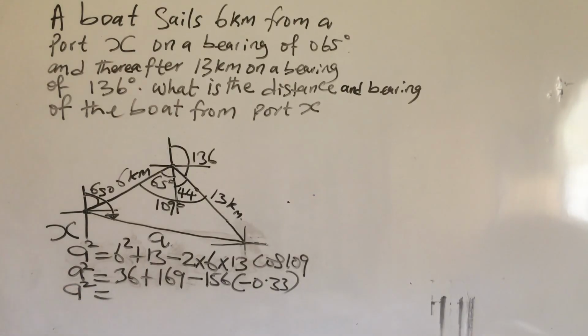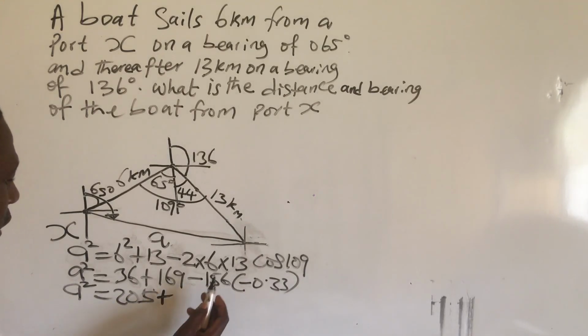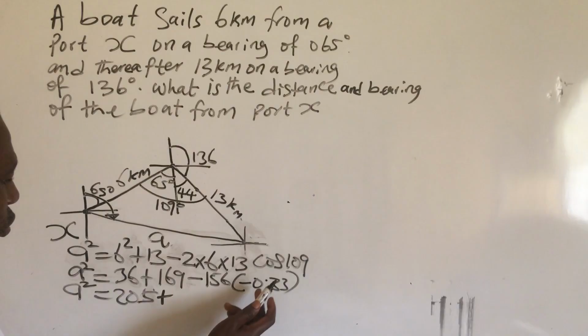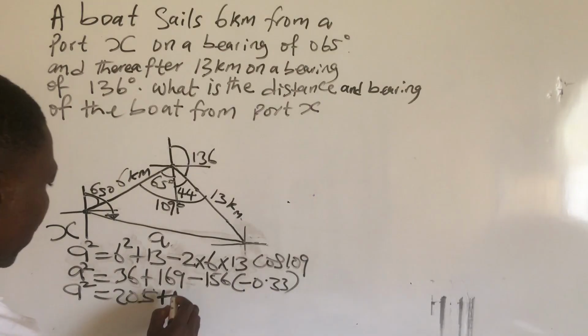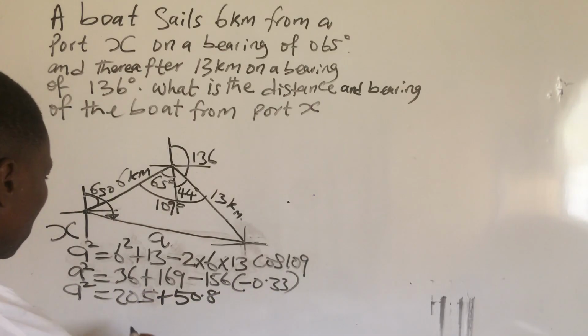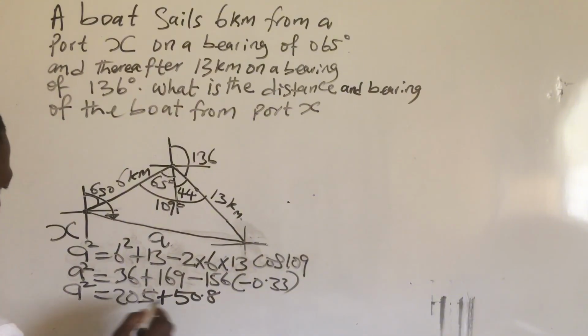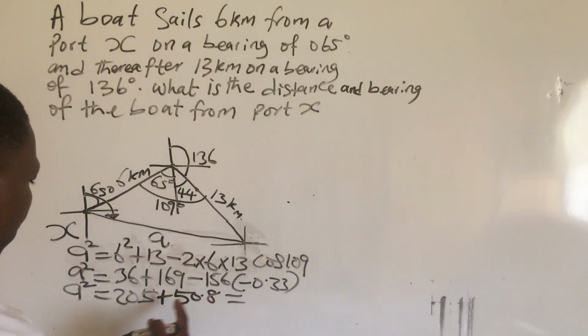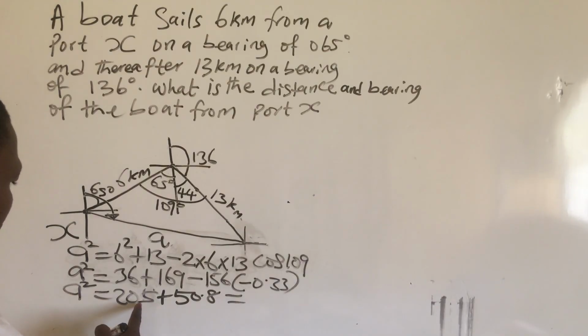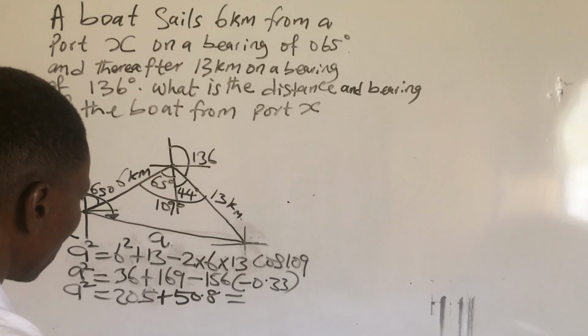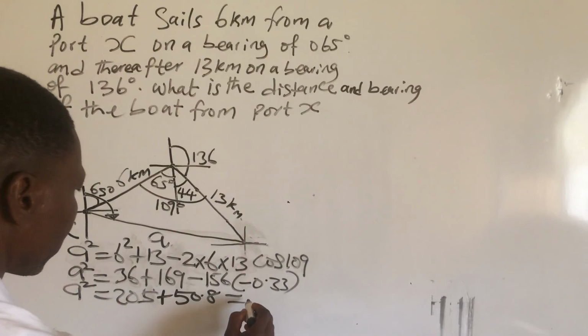A square equals this plus this, which is 205. Minus times minus is plus, then 156 times 0.33 will give us 50.8. Now when we add 205 plus 50.8, we now have